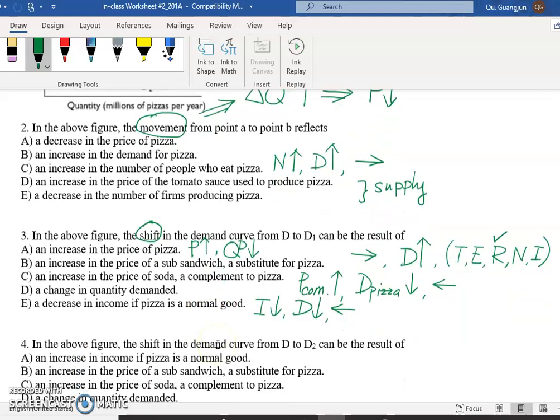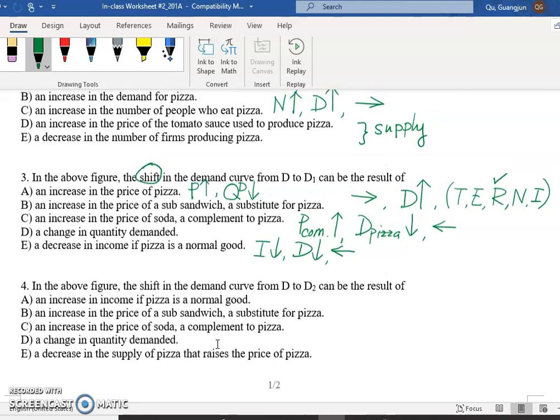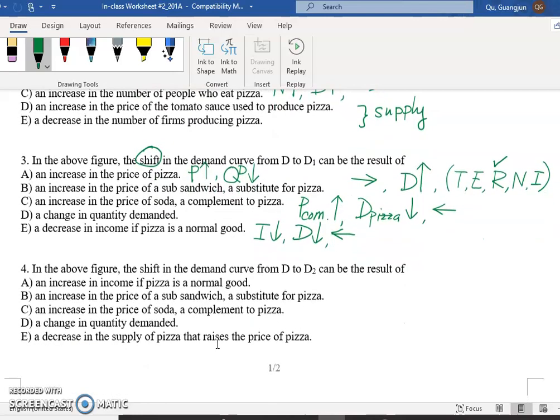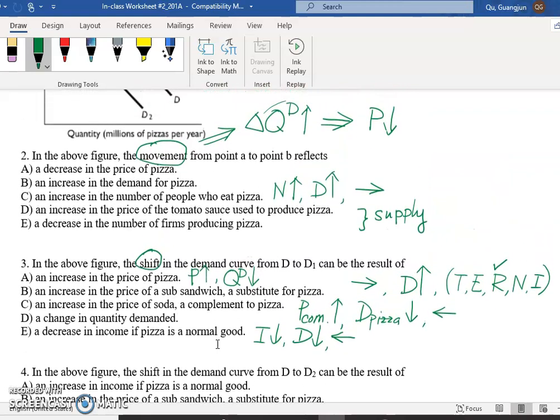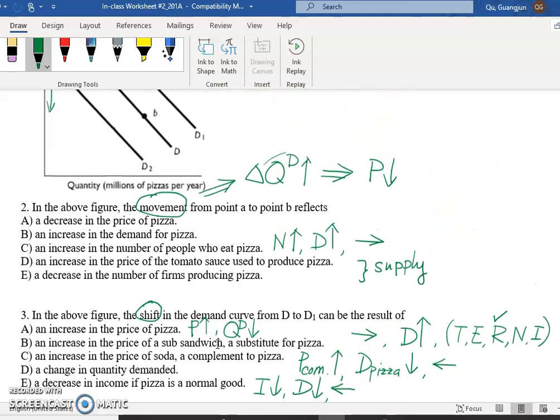All right, now I'm gonna leave number 4 for you guys to check out. Okay, and if you do have any questions, we can talk about this during our online meeting. So here we already wrap up our discussion about demand, and in the next video we're going to step into the discussion